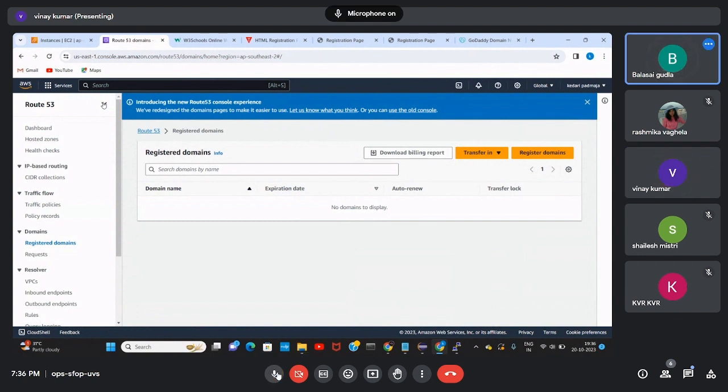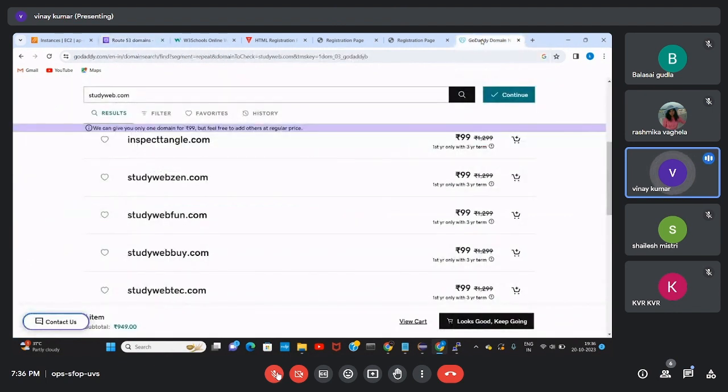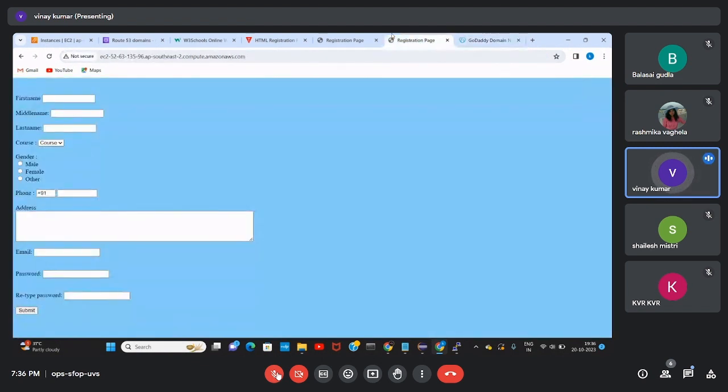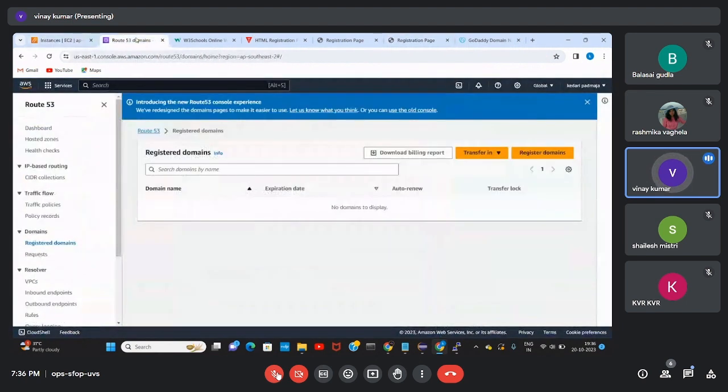If you want to give host name resolution for your site, you need to buy a domain from AWS or from GoDaddy. I am suggesting GoDaddy, though I'm not insisting on one particular site. I am following this one. If you want something else, you can search and buy from there. I am using GoDaddy, and I have already registered my domain in Route 53.